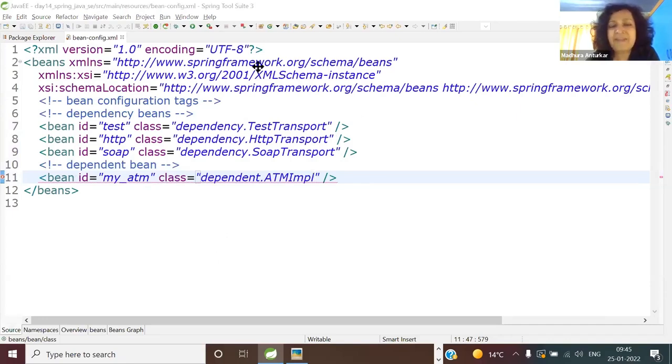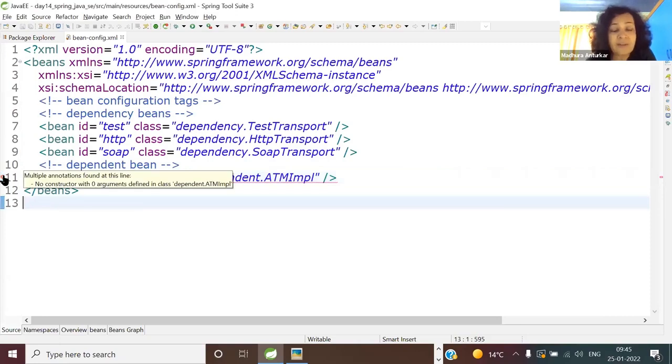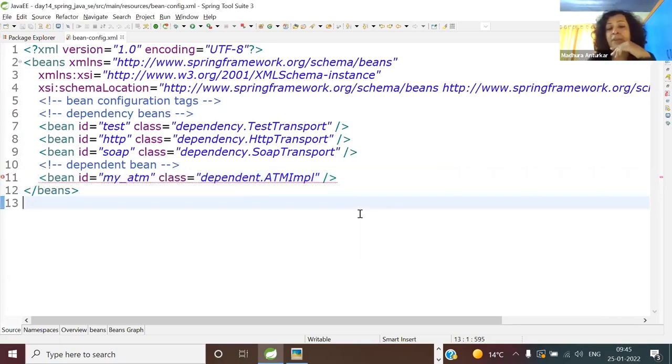There's a problem here, but anyway, we'll see the problem and fix it. Of course, there will be a red line and all that. So have you added the dependent bean here? Okay. Now just take the cursor here. Is it telling you much? Is it going to really tell you anything? Okay, it is telling you. Yes, read the error and tell me what is the mistake. Take the cursor over the red cross and tell me the problem.